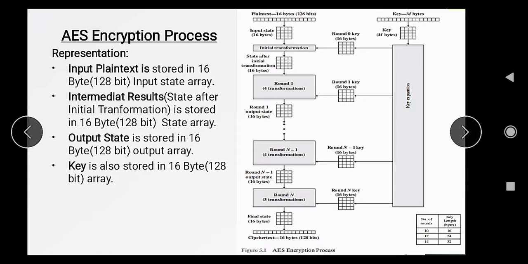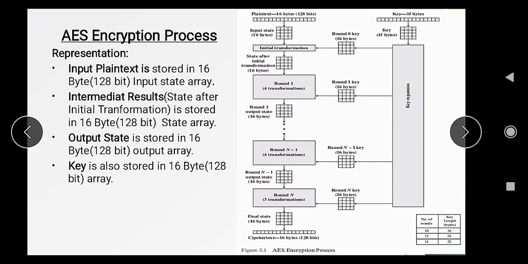To store all these things we require a 16 byte or 128 bit block or state array, that is actually a matrix of 4 into 4. We can see here this is a 4 into 4 matrix that is used to store the 16 bytes or 128 bits. Means in each cell of the matrix we are storing 8 bits.